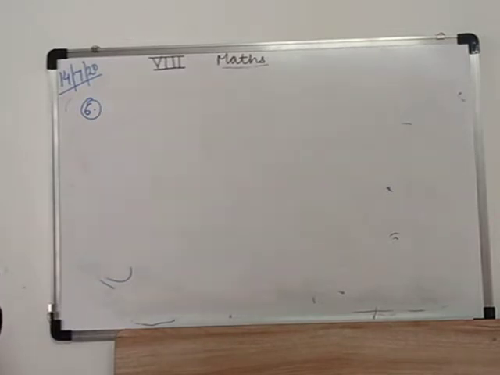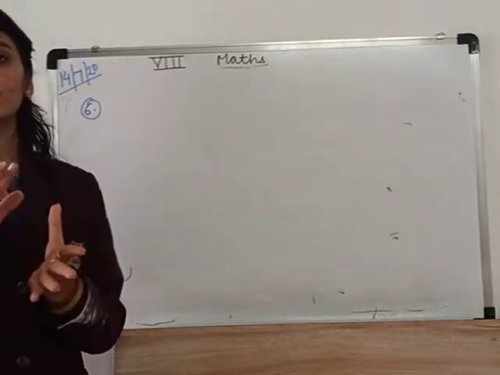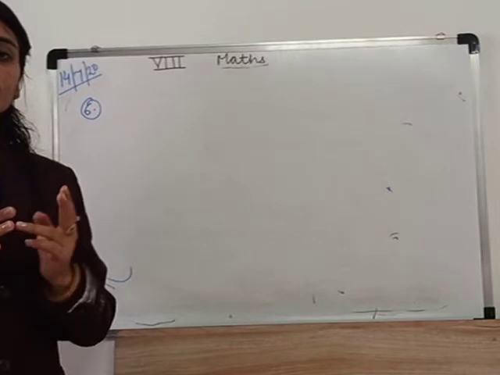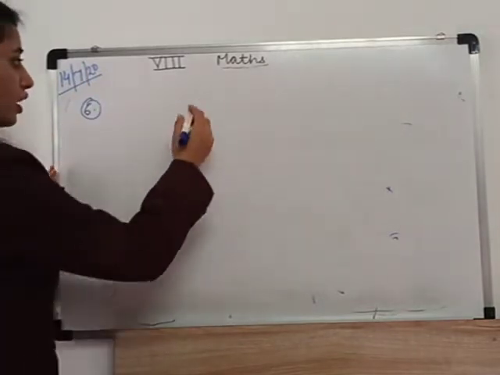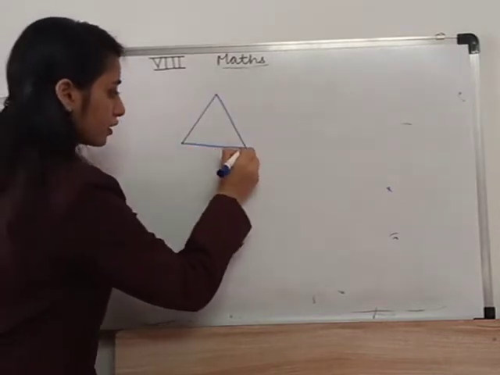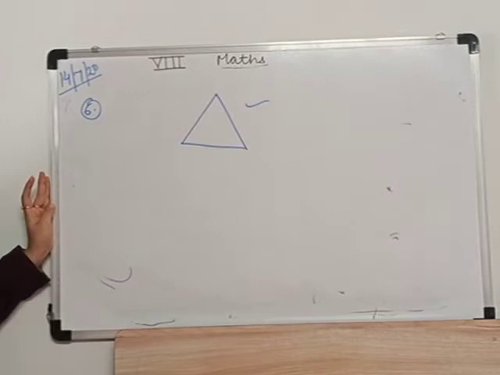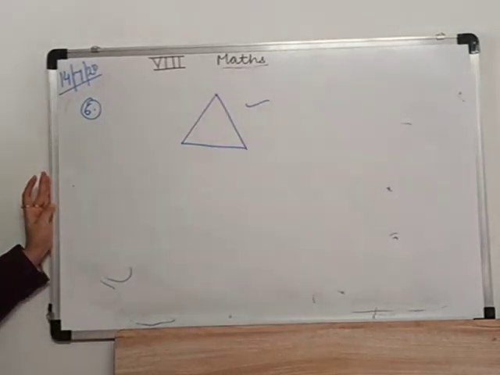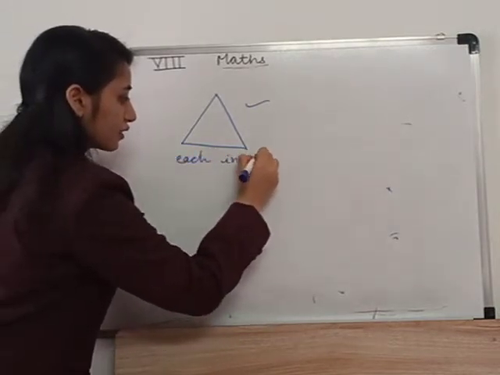Regular polygon interior angle means the smallest figure. A closed figure or closed polygon consists of a minimum of three sides. We take an equilateral triangle. This is also a polygon, a closed figure made up of line segments, and this is also regular. Regular means all sides and angles are equal.